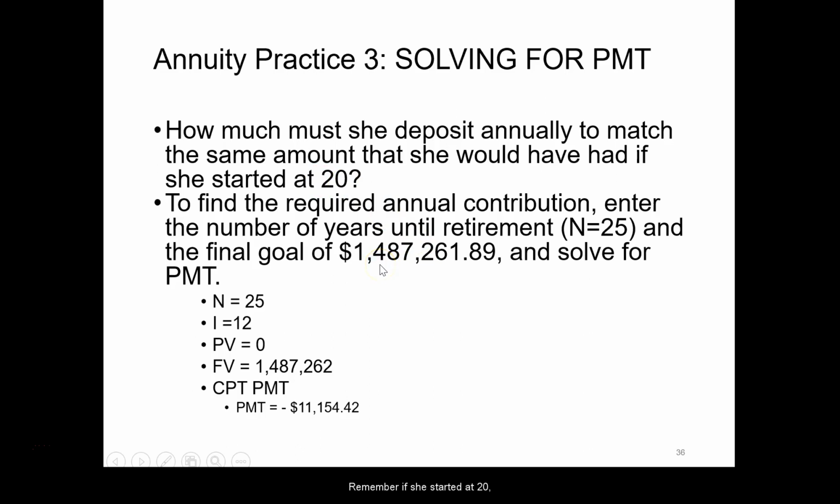Remember, if she started at 20, then by 65, she would have this $1,487,000. But if she only starts at 40, then she would only have 25 years to go. So then apparently she needs to save or invest much more than